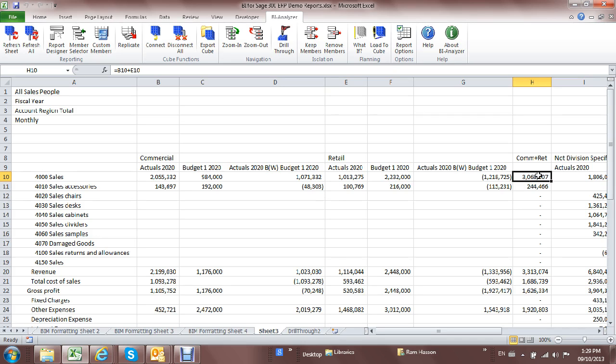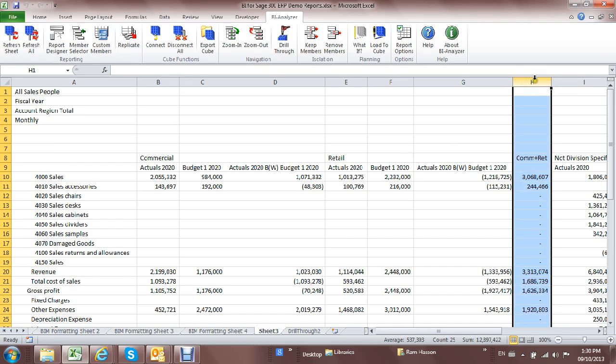Another way to build formulas or calculations within the report, other than Excel formulas, is this concept of custom members. Custom members allows me to build any type of calculation. It can be anything from simple to more complex calculations, roll-ups, hierarchies within the product on the fly. So the business user can do this on the fly. Let me do this same example of commercial plus retail using the custom members